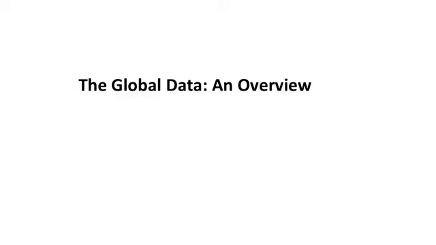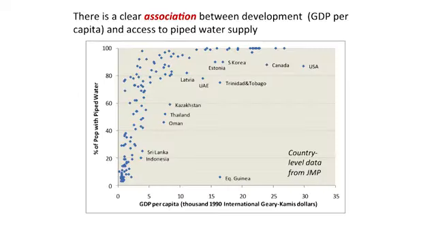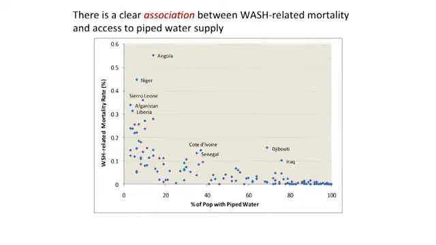So first, I want to give you an overview of some of the global data about these relationships. In this slide, you see that there's a clear association between development, or GDP per capita, and access to piped water supply. As GDP per capita goes up, coverage of piped water supply goes up dramatically. This next slide shows you that there's a clear association between WASH-related mortality and access to piped